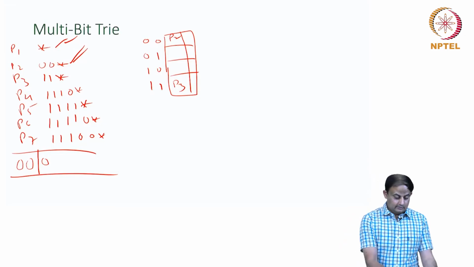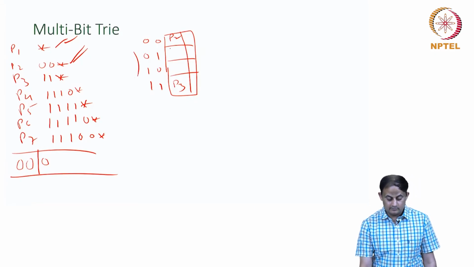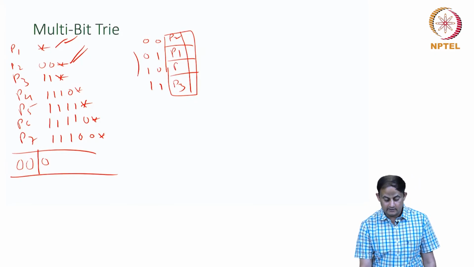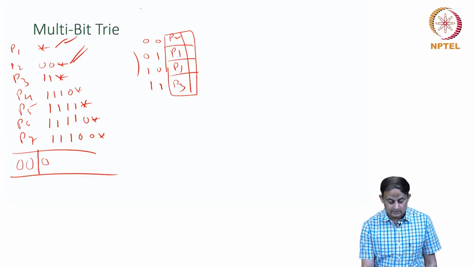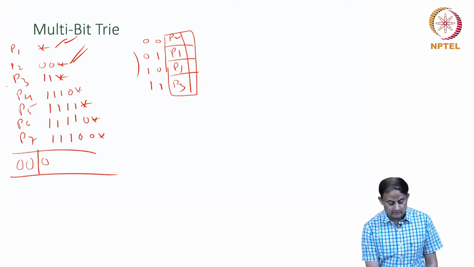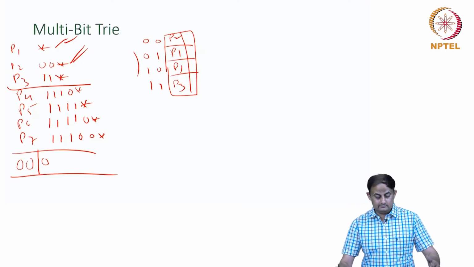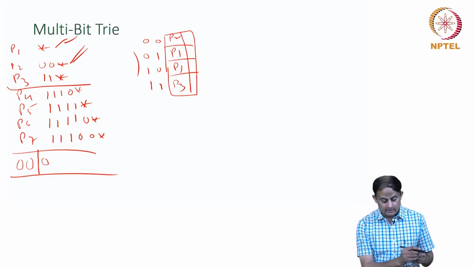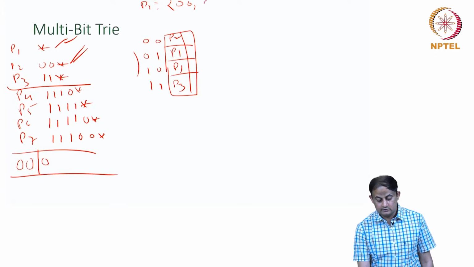So, the best match that I can find for these two is P1. So, I write P1 here and then P1 here. One way to think of this is I am going to first consider all the prefixes up to length 2, and if something does not have length 2, then I am going to expand that. So, for example, P1 is going to include the 0 0 case, 0 1 case, 1 0 case and